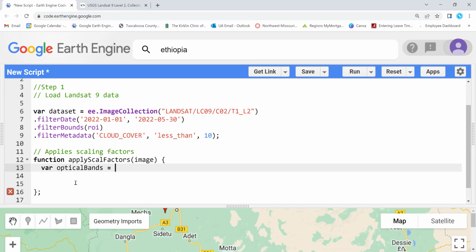Okay, and for the optical bands, apply pass image, and then select surface reflectance bands, SR_B, and then after that just multiply that by a value which is provided, 0.0000275, and then add minus 0.2. Okay,